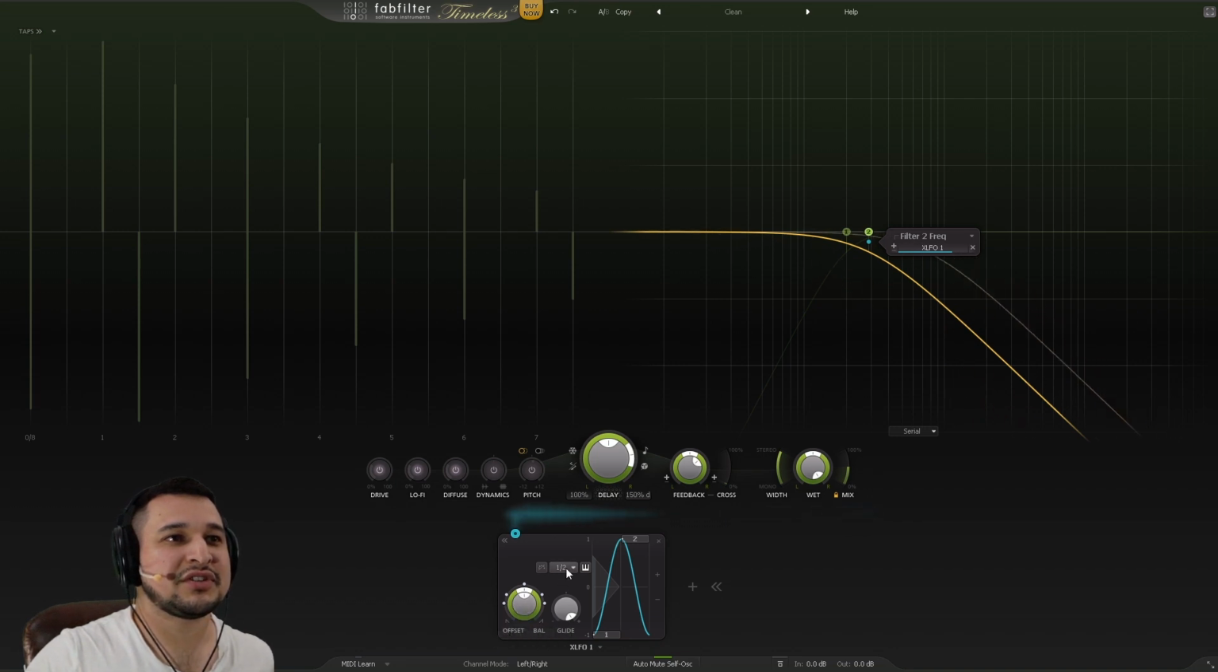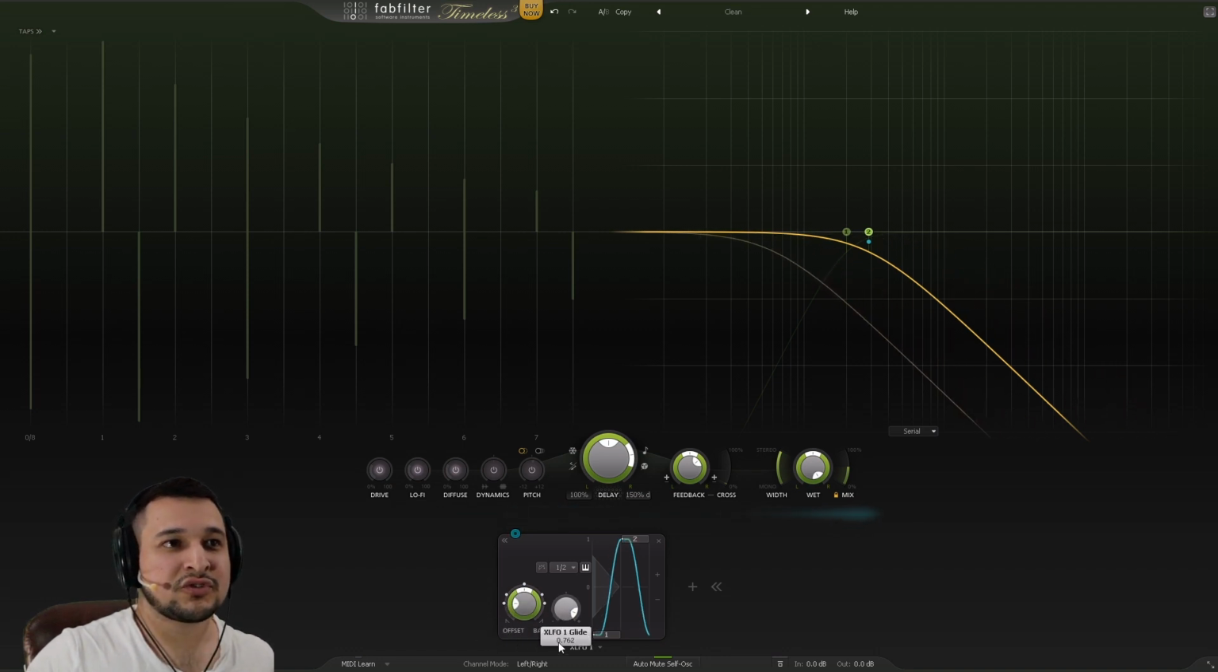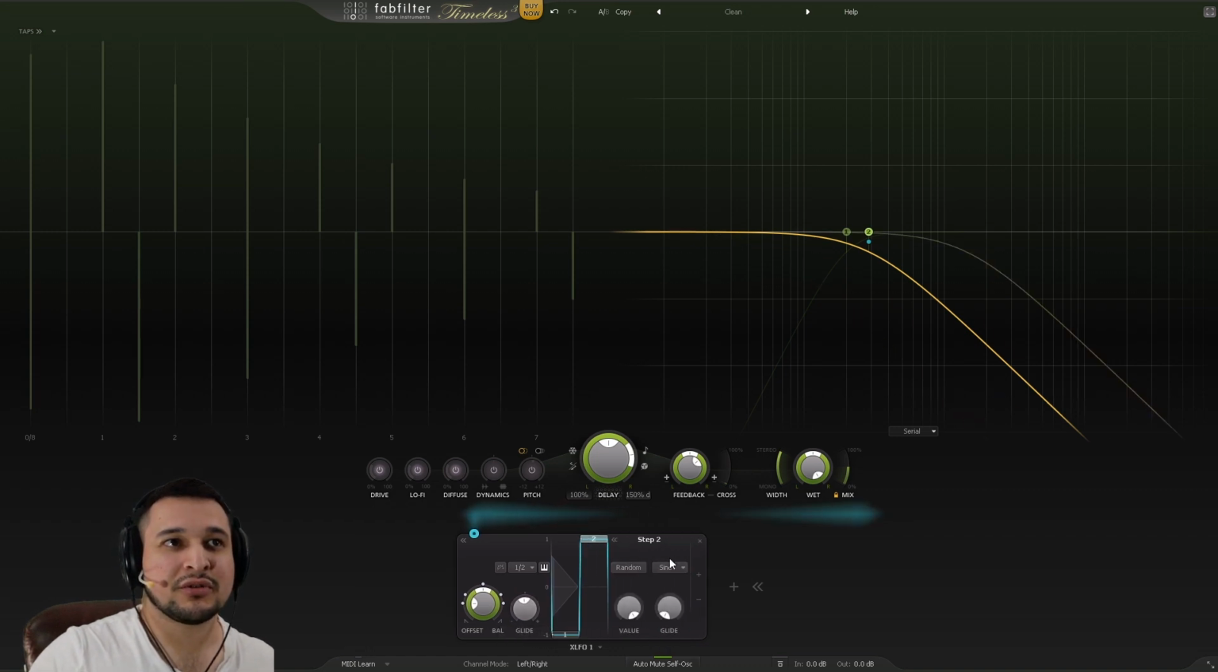So we don't have to necessarily change our timing. We could also hop over right here to have dotted or triplets. Same thing right here, triplets, dotted. So this is really cool. There's also a glide, so you can make this more like a square wave, and we can control what type of curvature we have